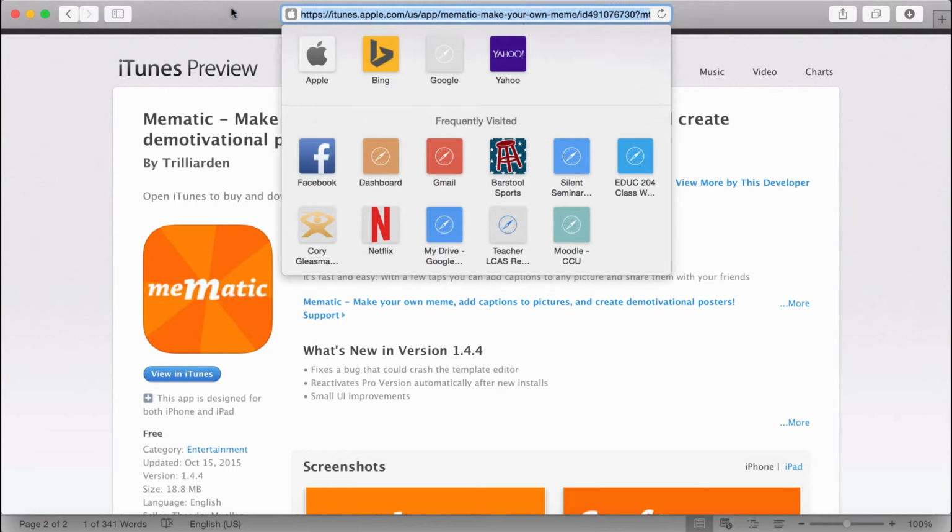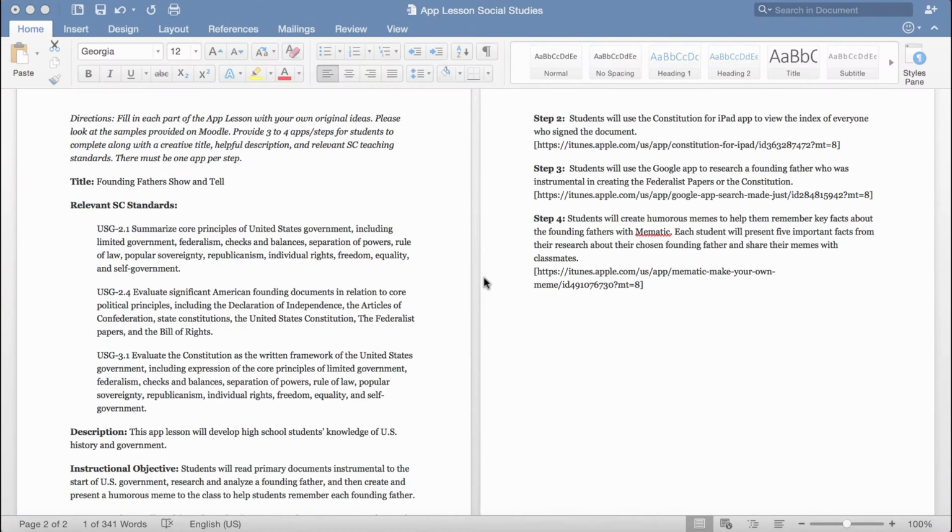So we're going to copy it, just Command C, and then we're going to bring it all over to our document and paste it right in there. It's the same URL. It's already in there, and you're just going to paste it right into your document. You're going to do that with every app that you include. Remember that you have to include at least 3 steps. You can include 4, depending on how in-depth and how many apps you actually need to